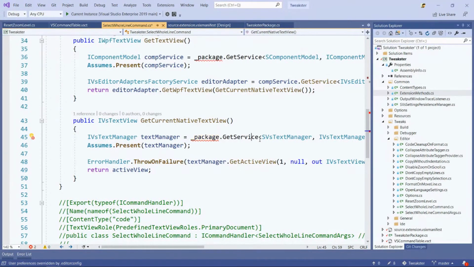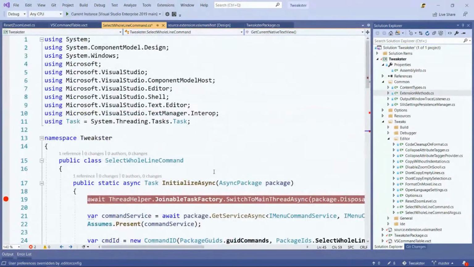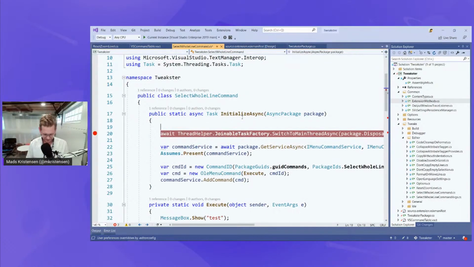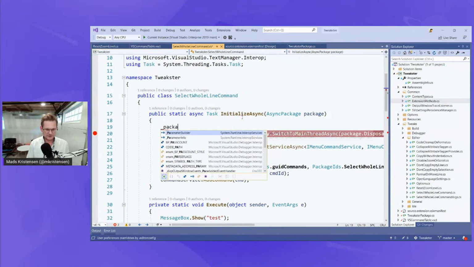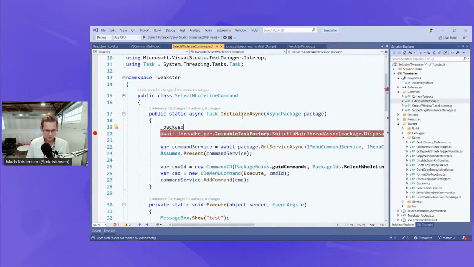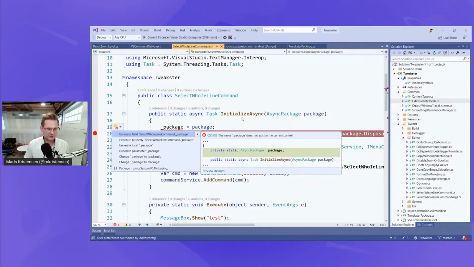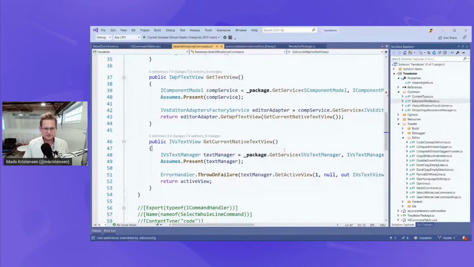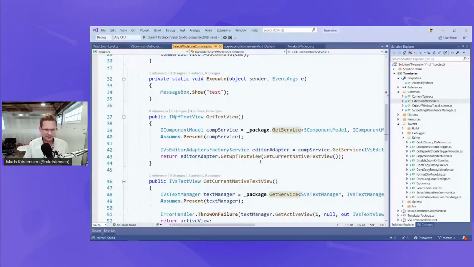So we need to be able to get the service for these two. So we need a package. So in my initialized async, what I could do is this: package equals package control dot generate field. Now these things down here work. So now I can say,